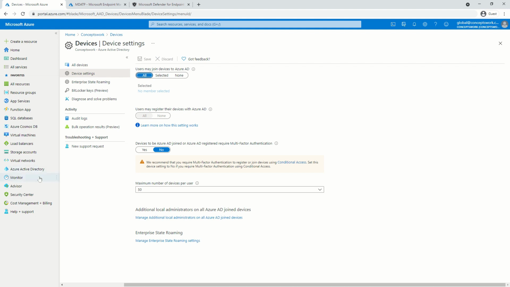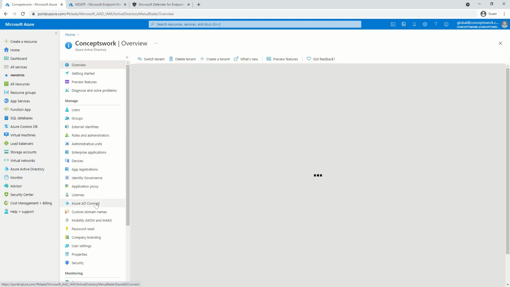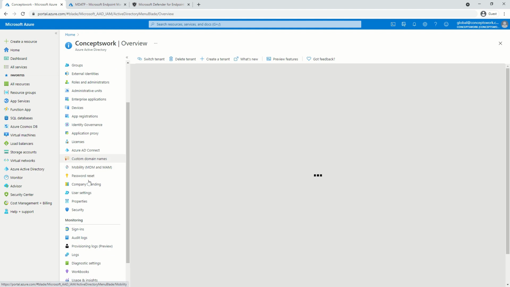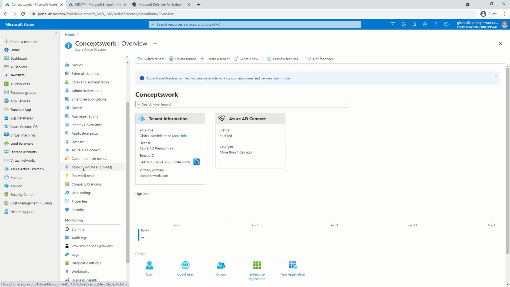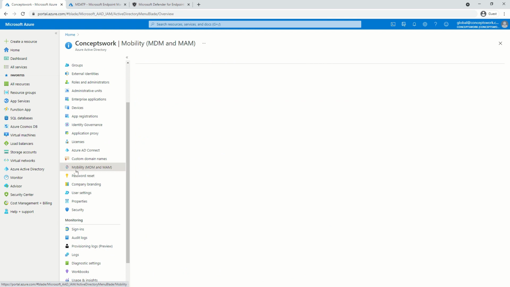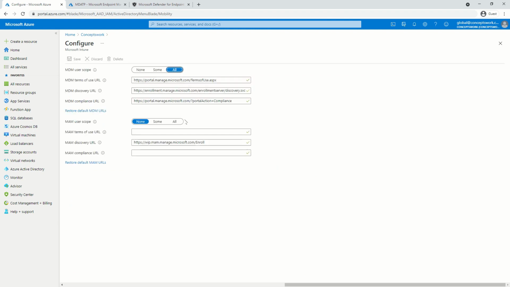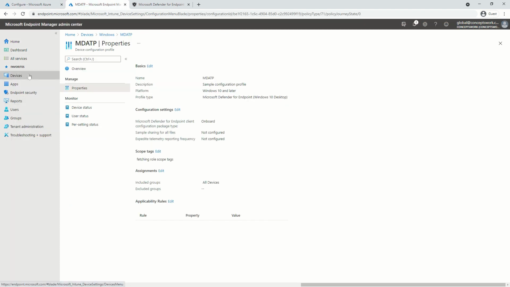The second option that has to be enabled from this portal itself, or from Endpoint Manager portal, is the scoping of MDM. Now, what do I mean by this? If I go to this particular section, which says mobility, MDM and MAM, here I have scoped Microsoft Intune for all users, or for all the categories, to be very precise. This means that when the device gets onboarded to Azure Active Directory,